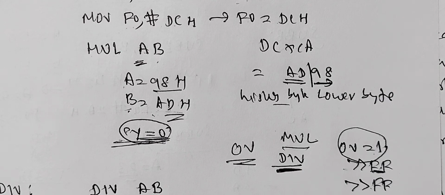Now we have discussed how they are used. What must be the destination? For all mathematical instructions, the destination must be the register A only. And for all mathematical operations, the final result is always stored in the register A only. The previous value stored in A is discarded. The final result is stored in A only. And some flags are affected during the arithmetical operations. So these are to be noted.